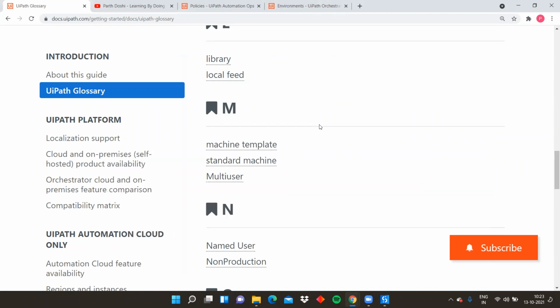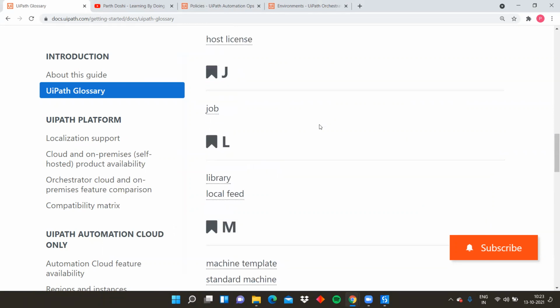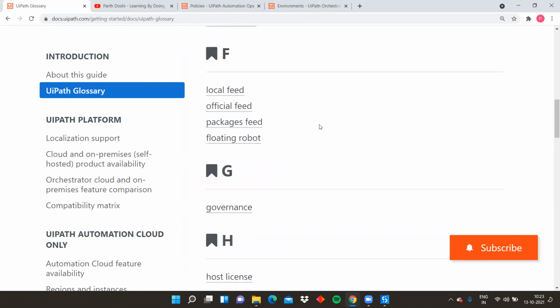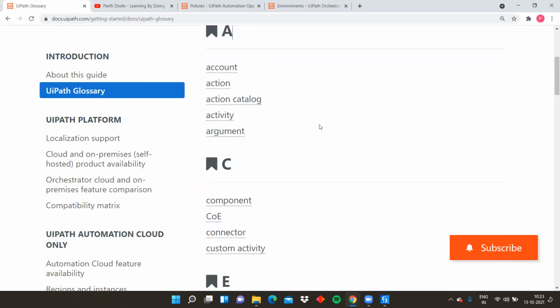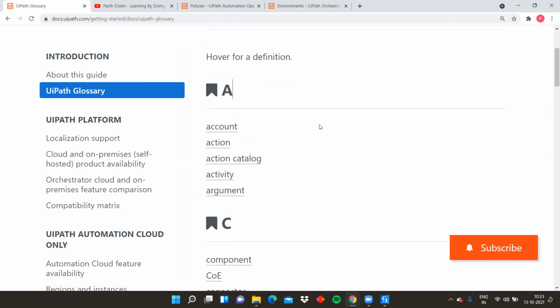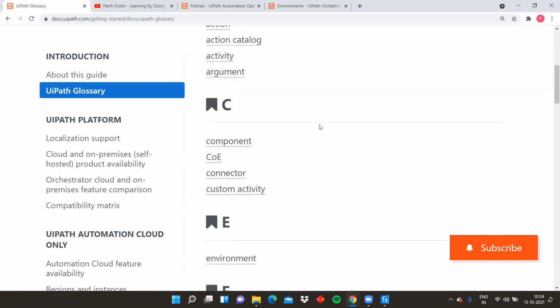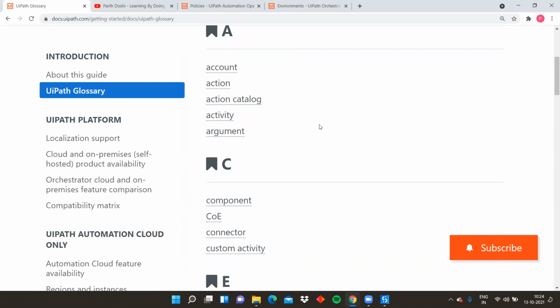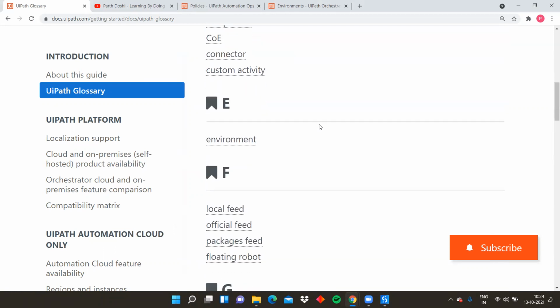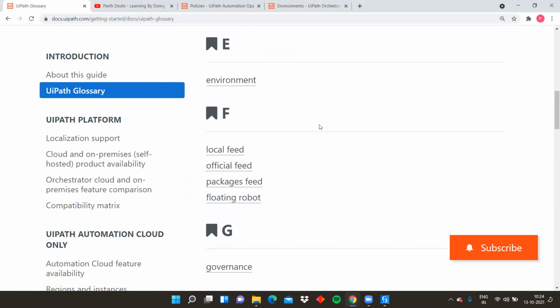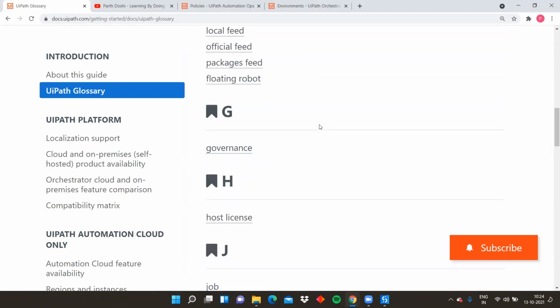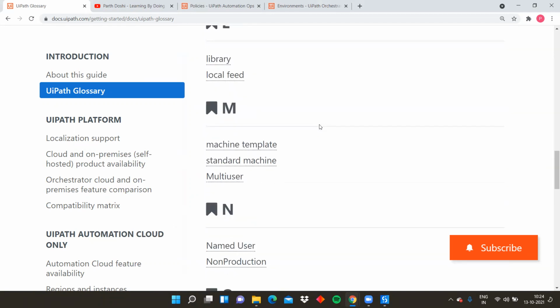Now, before we move ahead to multi-user, right? Till now, you see there are so many important terms that we have gone through, and just going through this UiPath glossary as well can help you a lot while you talk with people or while you learn yourself. Like there won't be any such term that comes as a surprise to you and you will have no clue about. So here I think most of the very important terms are covered, and this is why I found it very helpful, and I thought of making a video on this to share it with the audience as well, right? So let's go to multi-user.